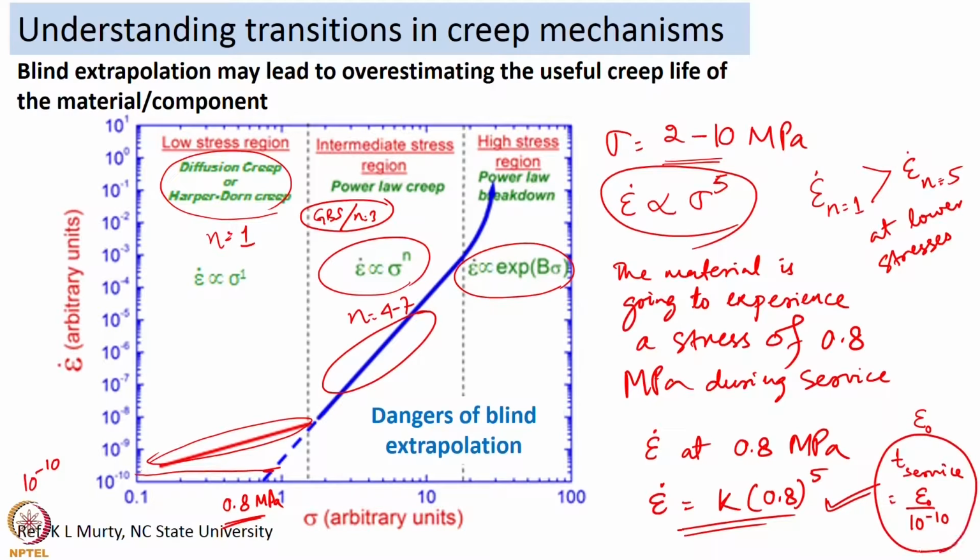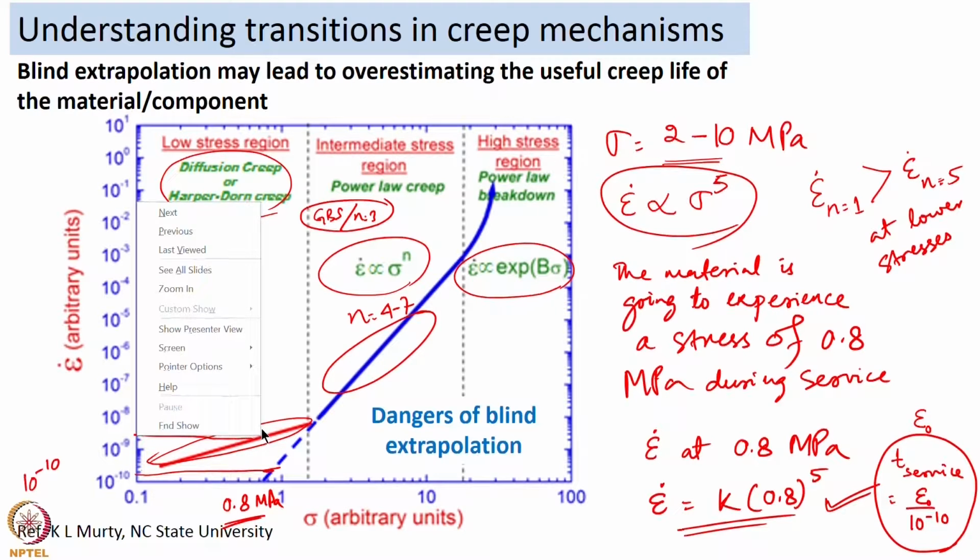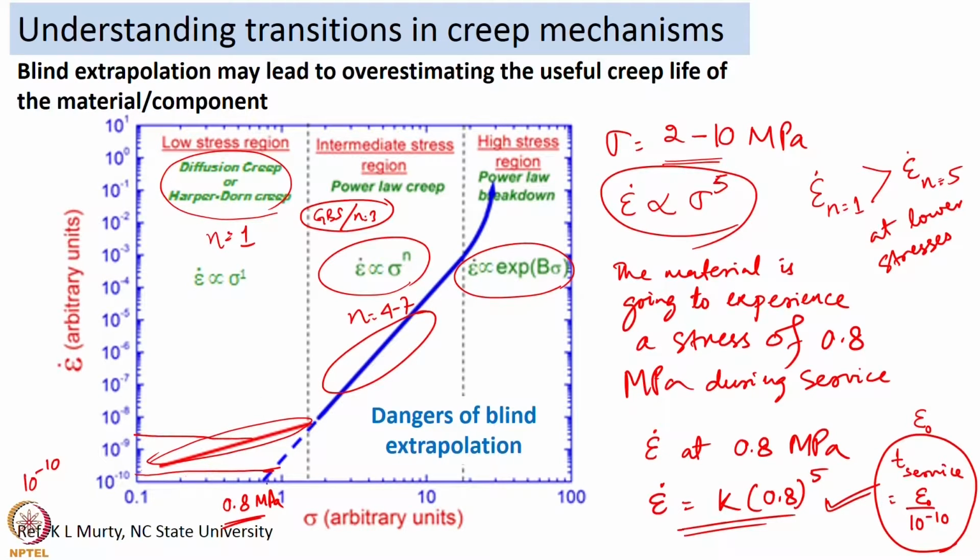So, this is the value you are going to get based on your extrapolation, but in actuality at that stress level, most probably the material is creeping at 10 to the power minus 9. Which means the true correct service life of the material will be epsilon naught divided by 9 into 10 to the power minus 9. So, it is approximately 10 to the power 9 by 9 epsilon naught, which is lower than what you are going to get